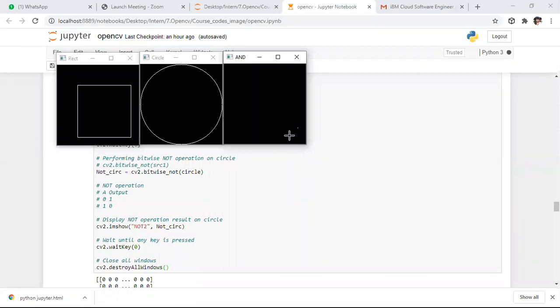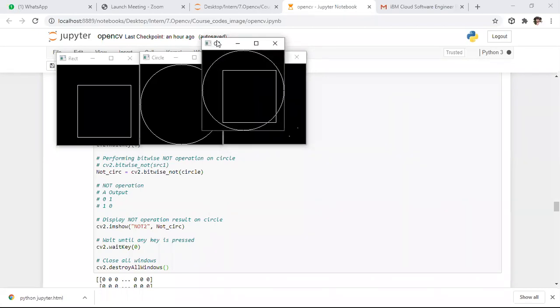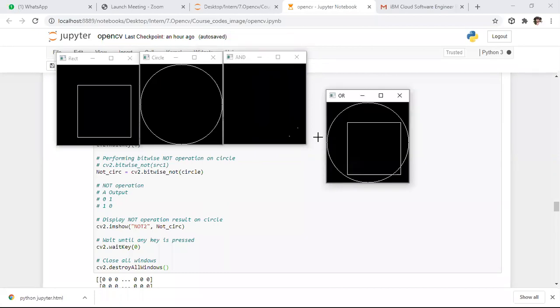So here you might observe two dots. One dot here and one more dot there. That is nothing but the two locations where this square touches this circle. That is AND operation. After that, if you perform OR operation, what happens? Coming to OR operation, if anyone has a maximum intensity value, it will return one only. So here it is about OR operation.